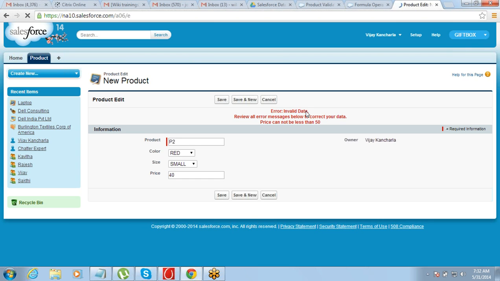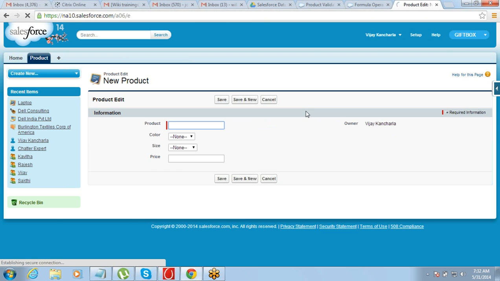So it's completely up to you, because it's your business or your data structure. You will have to decide on what will be valid data for you, what is invalid data for you, right? We can define that rule so that by mistake also someone does not enter invalid data, something which is not valid, that is not being entered, right? So it helps to control a lot of human errors.